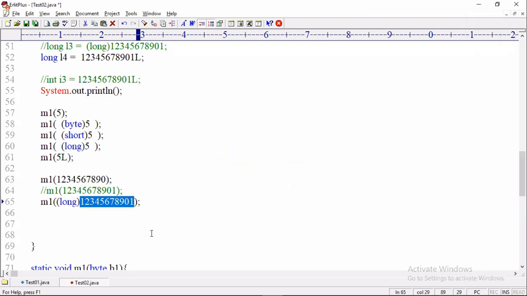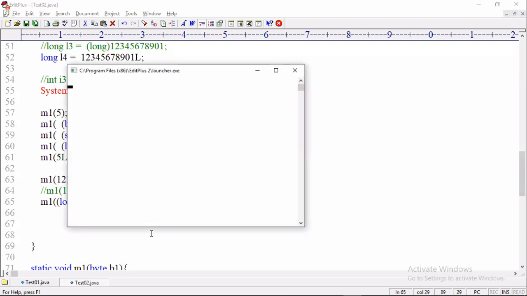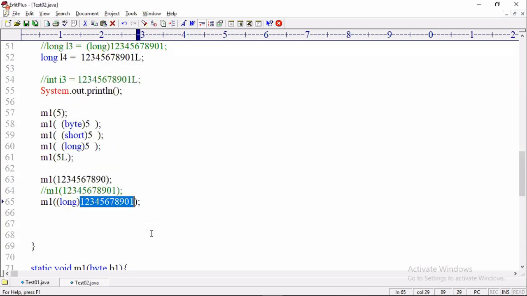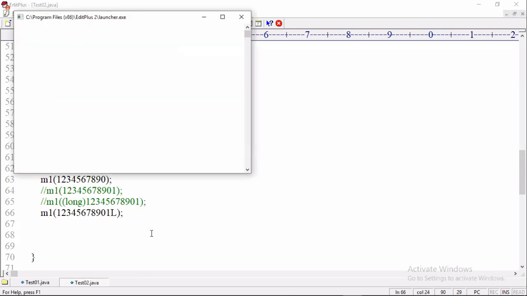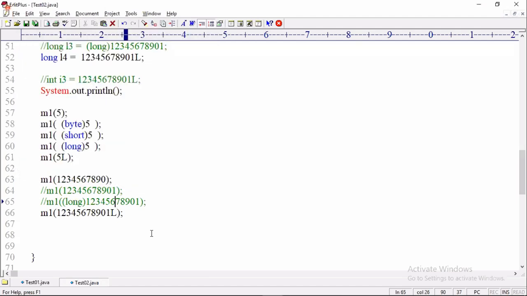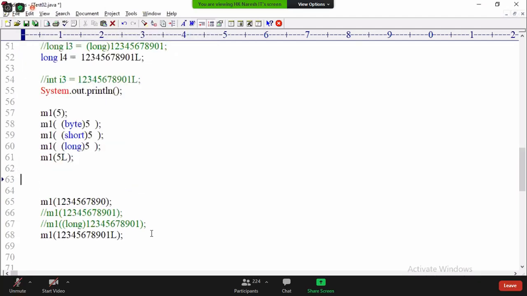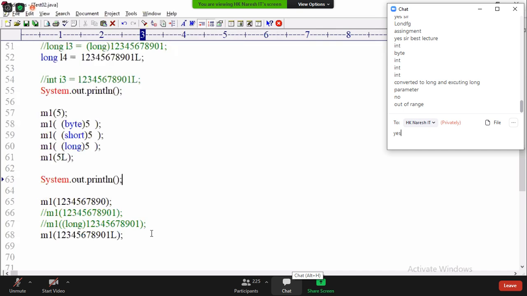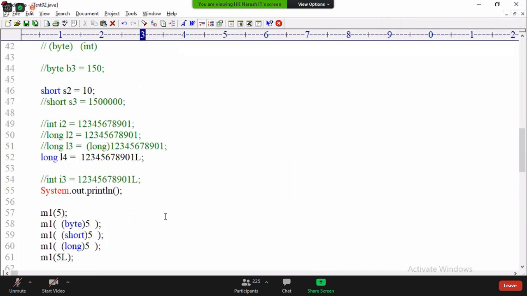Okay, fine. So here we still get a compile time error. I am just trying to make you understand with real-time examples, so that somewhere your mind will be connected and open. Now here, in place of this, I am writing L. Now the program compiles successfully because it's a long type, long parameter method executed. Did you understand integer number too large? And the second point, you need to understand the difference between assignment, cast operator, and suffix.